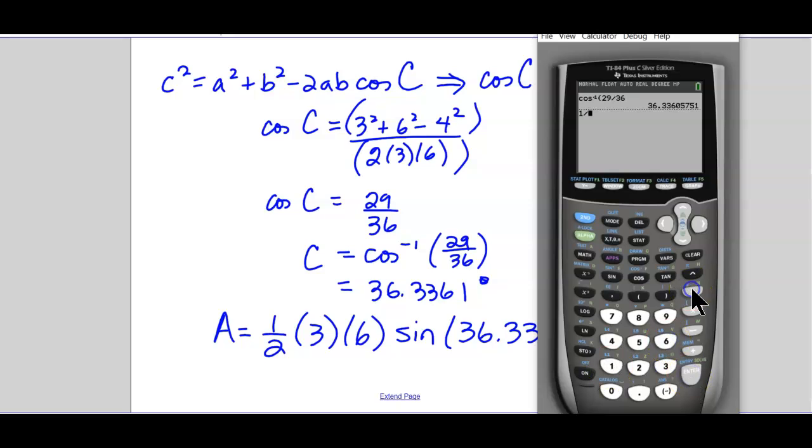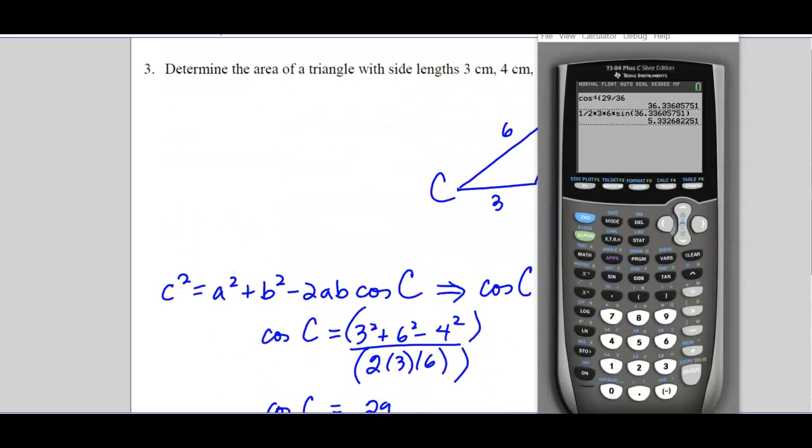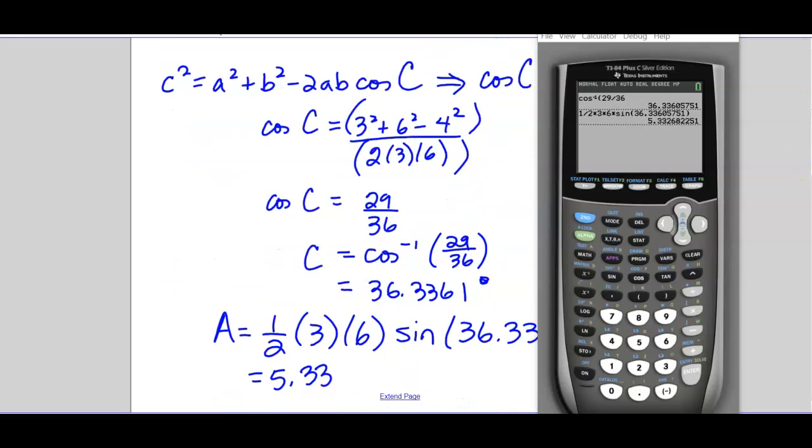Okay, so 1 divided by 2 times 3 times 6 times sine of that angle. And we'll go to 2 decimal places, although let's see, it doesn't actually say. So let's go to 1 decimal place. And this would be centimeters squared. All right, so that's an area of a triangle, any triangle, as long as you know 2 sides and the contained